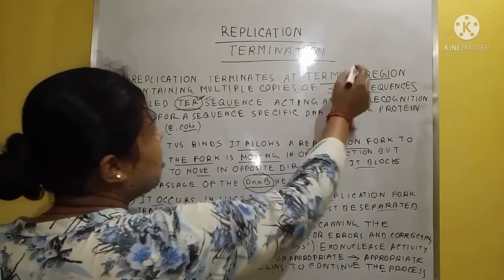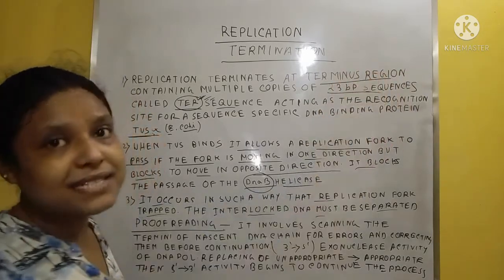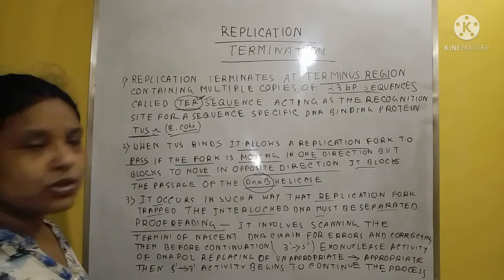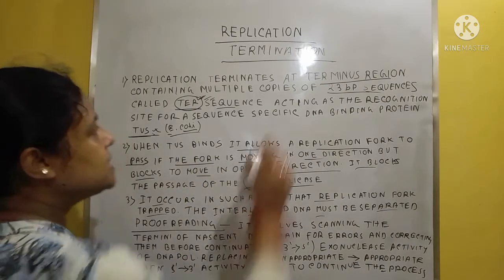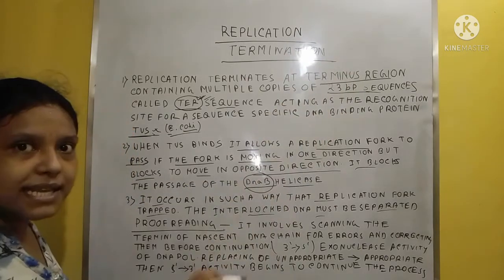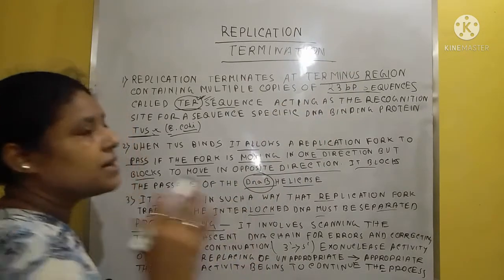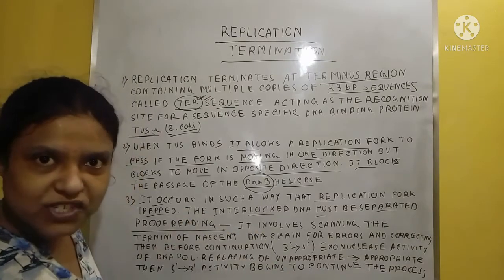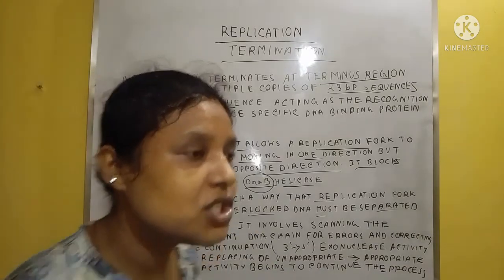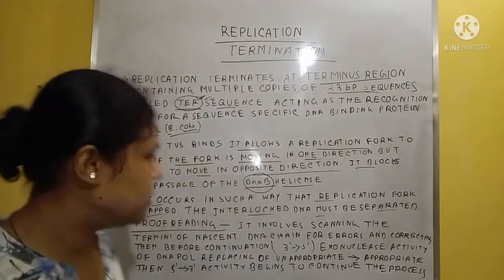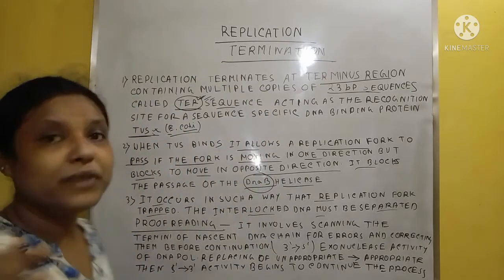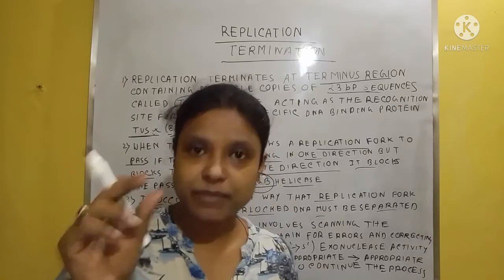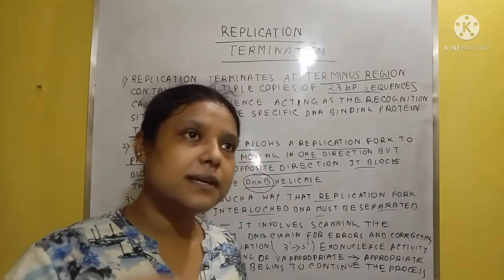So first, how is termination possible? The 23 BP or base pair sequence is known as the terminus region that is found in E. coli, and the TAS protein actually recognizes this terminus region and binds there, and it allows the replication fork to move in one direction but blocks it in the opposite direction. And why the opposite direction? We learn in proofreading, because without movement in the opposite direction, some enzymes that check the proofreading process